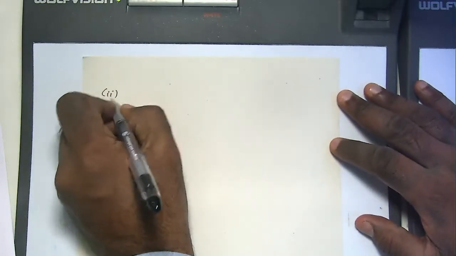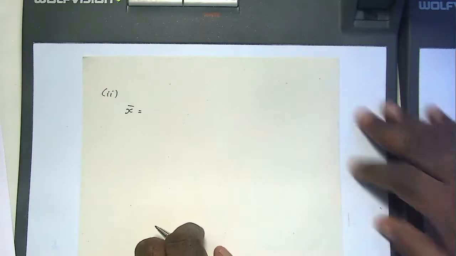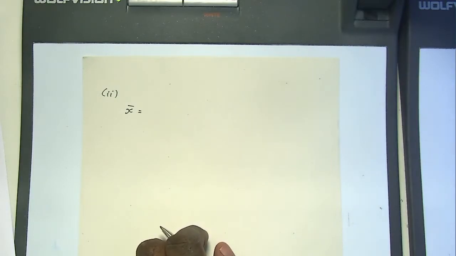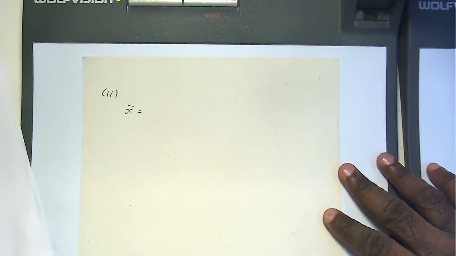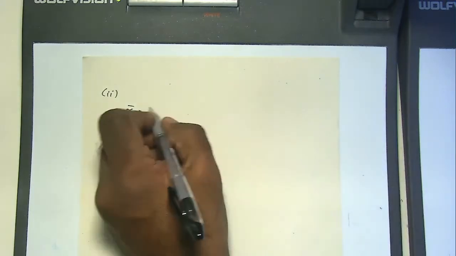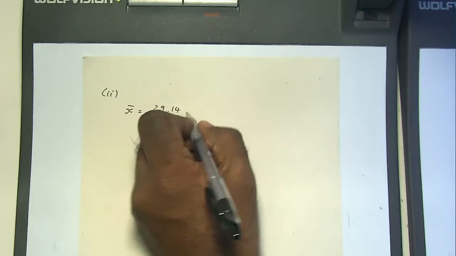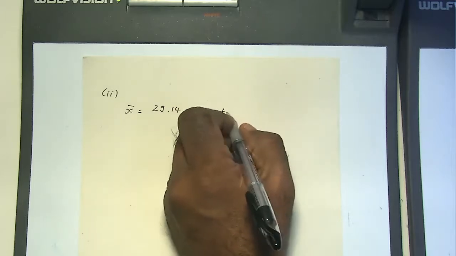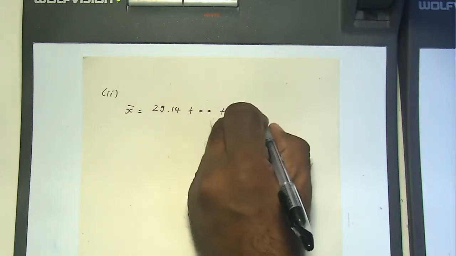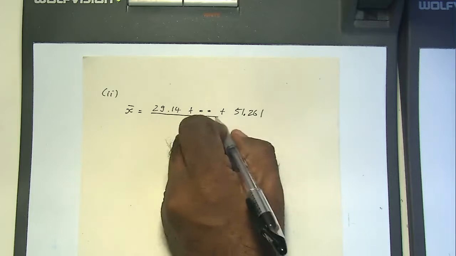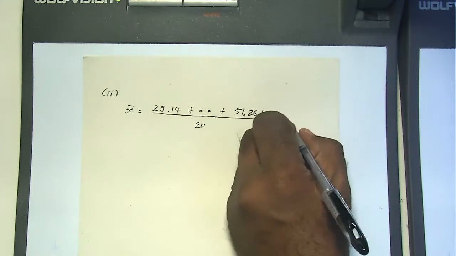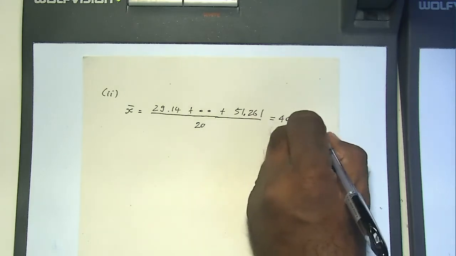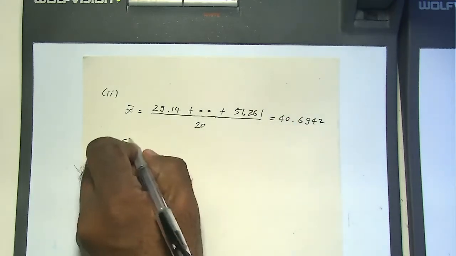Part 2 is to find the sample mean. The sample mean, as all of you know, is the average. So you just add all the numbers and divide by the total number. It will be 29.14 up to the last point, which is 51.261, and you divide this by 20, right? If you do that, you will get the sample mean to be 40.6942. Now the sample variance is,